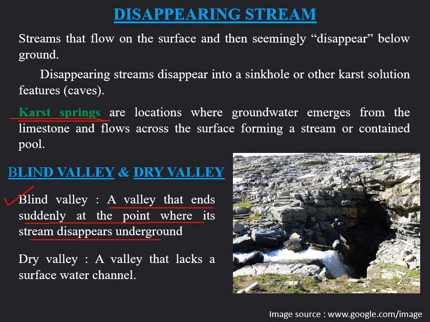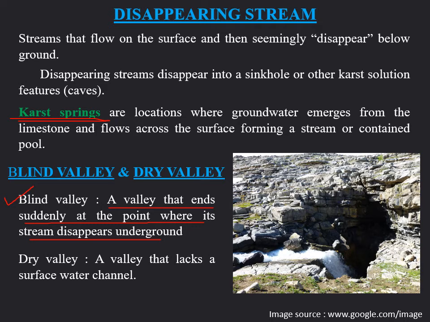At the same time, if there is a large stream which is previously flowing through a channel, through a valley, and during some course of time a sinkhole occurs within this valley, then all the stream water now flows into this sinkhole. That means this sinkhole is capturing all the flowing water. So the remaining portion of the stream valley, that is the downstream portion of the valley, now becomes dry. That means that portion of the valley does not face any flow of water within that particular channel.